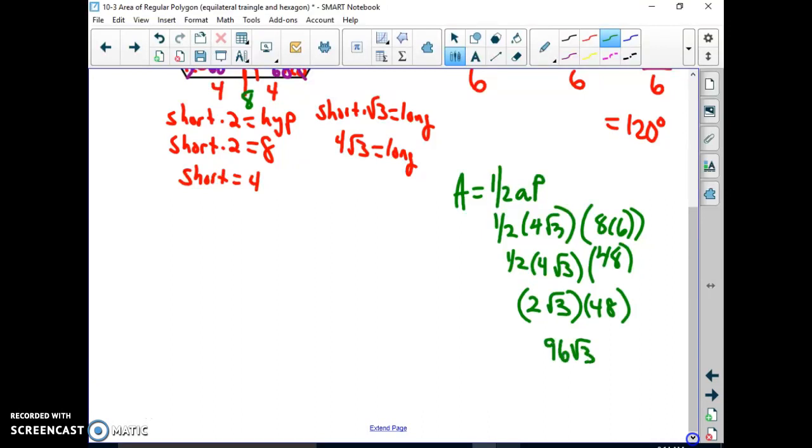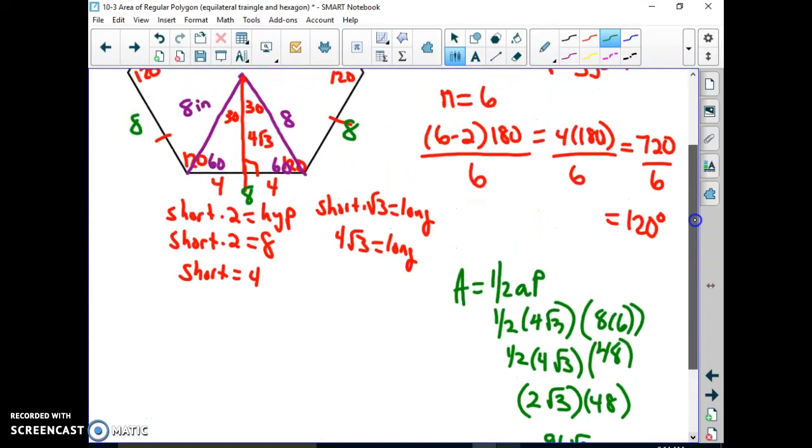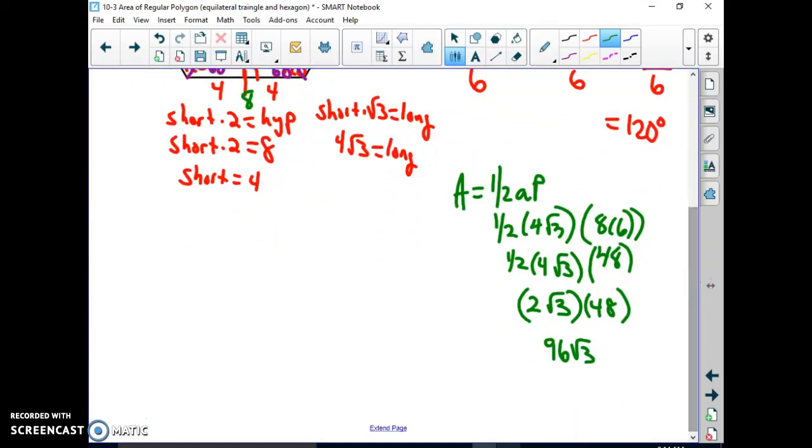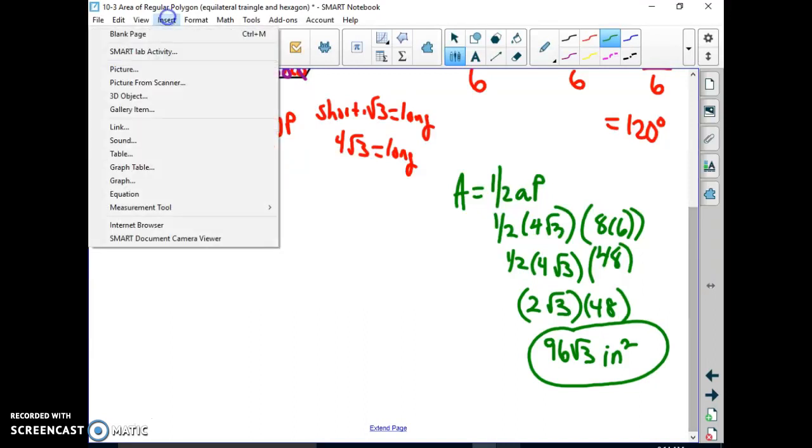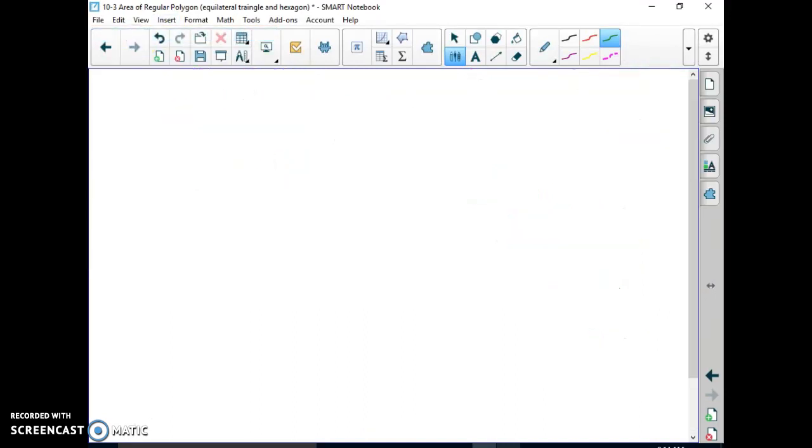And my label, I believe, was inches. So my label is going to be inches squared. So that is the area of my regular hexagon. Okay, so this will work for any regular polygon. So if I have an equilateral triangle,